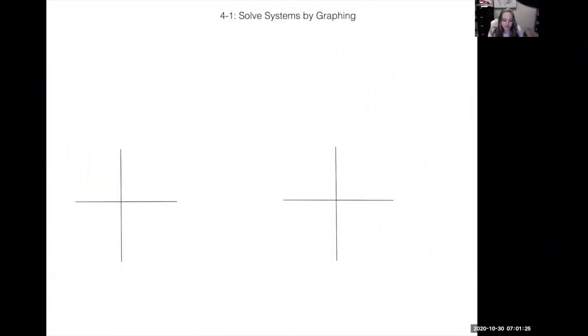So let's do some examples, and you're going to write all of this in your math notebook. Use your grid lines. Hopefully you have graph paper in your notebook. It'll be very helpful when you are doing all of these examples. So the first system we're going to do